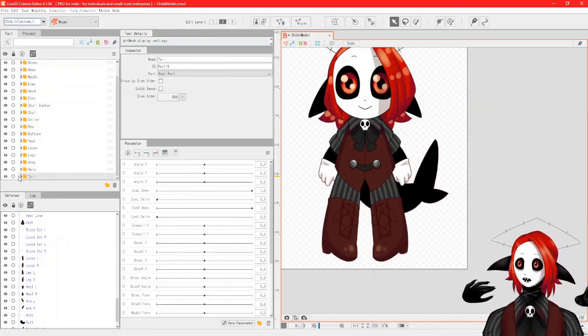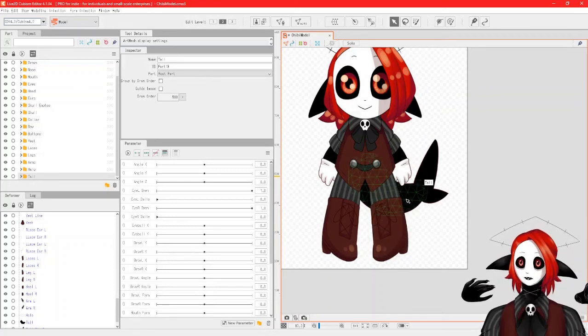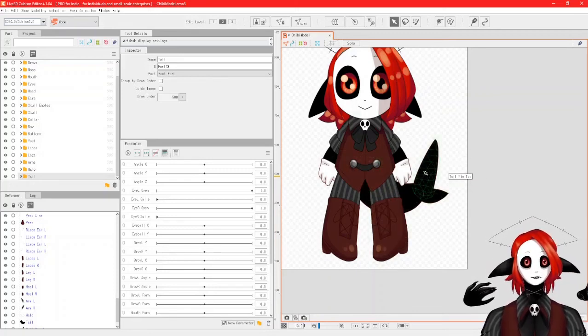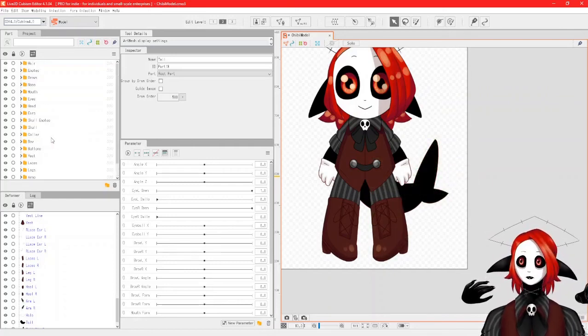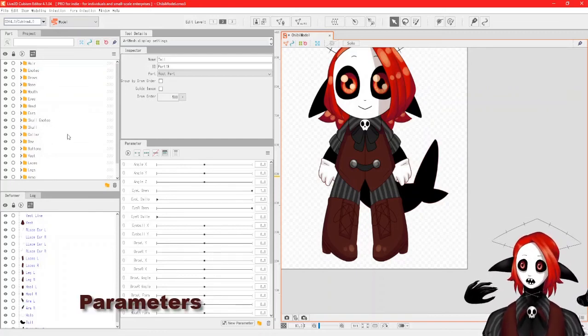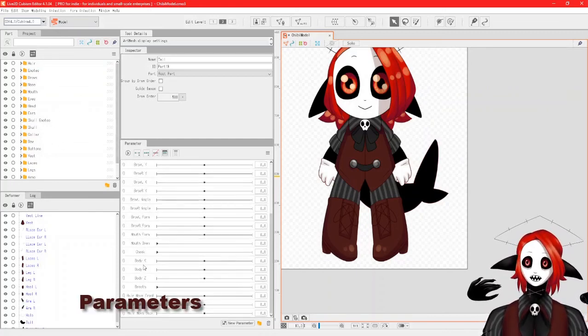And then all of the pieces from the tail, which I've separated from the base of the tail and these two tail fins. Hopefully with the purpose of making it swing back and forth. But we'll see how that goes. And so now we have all of that organized. We're going to organize our